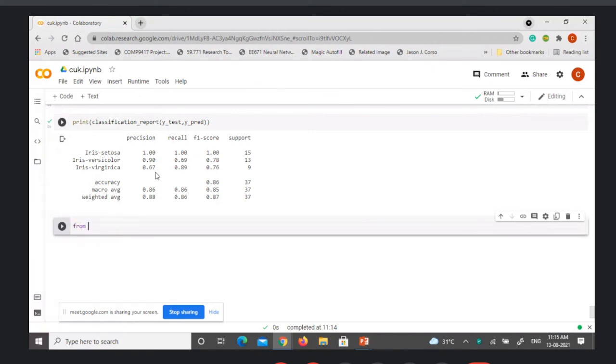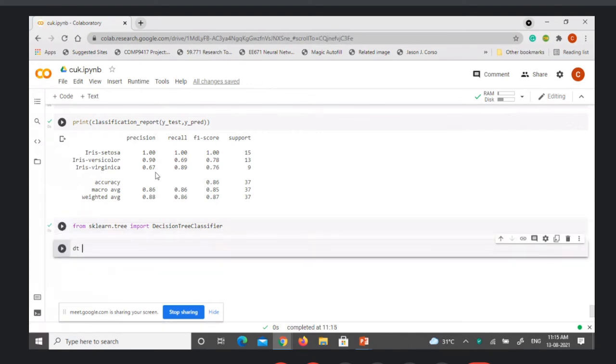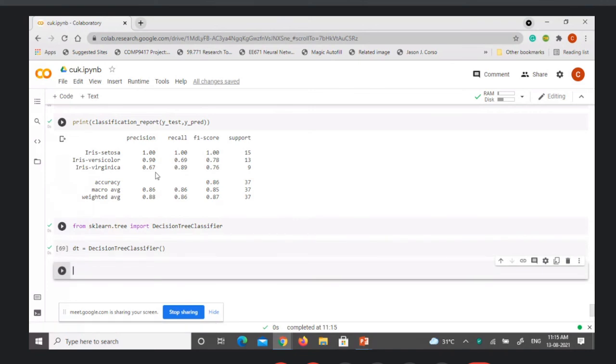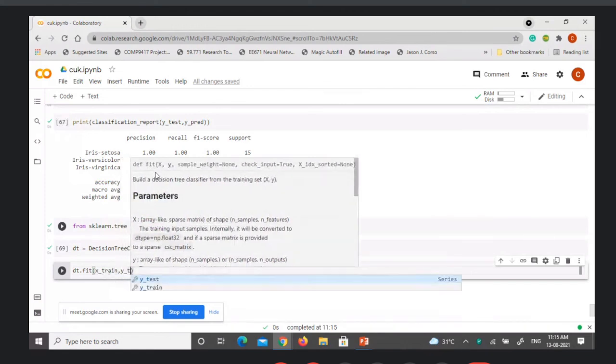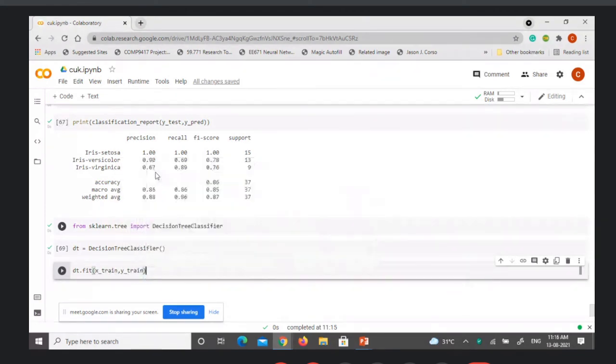So the next classifier we choose, let us say, import decision tree classifier. Then call the constructor, then call the fit method and pass the training samples.